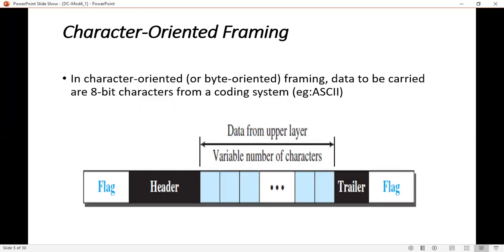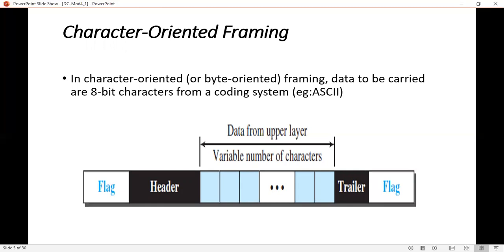In character oriented framing, the data which we want to transfer are 8-bit characters from a coding system, for example, the ASCII coding system. That is, the data to be carried are 8-bit characters here.